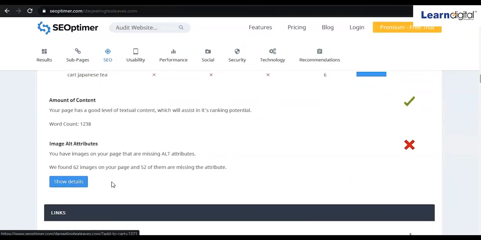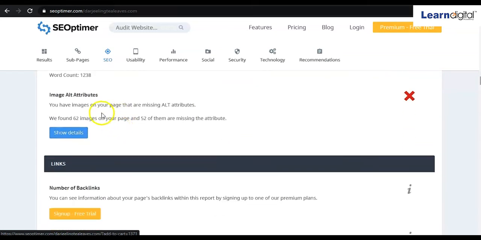Here you can see the amount of content. This amount of content is good. You can also see image alt attributes. The message is that 62 images are there, but most of the images are missing the alt attribute. Alt attribute means they have not given names for these images.